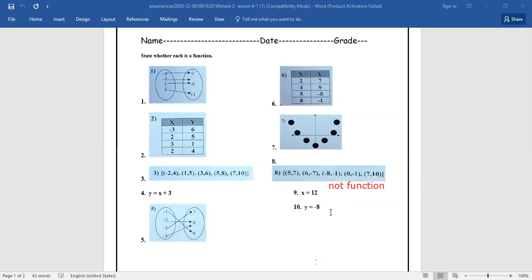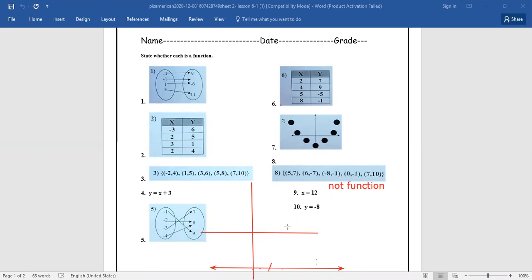Then we move directly to the next question: y equal -8. By the same way, y equal -8 will be parallel with the x-axis. If I imagine the axes with you, y equal negative 8, the starting point will be (0, -8). Then we have (1, -8), (2, -8), (3, -8), and so on. If I connect them together, it will be a line